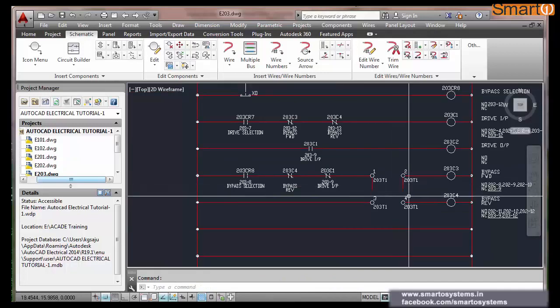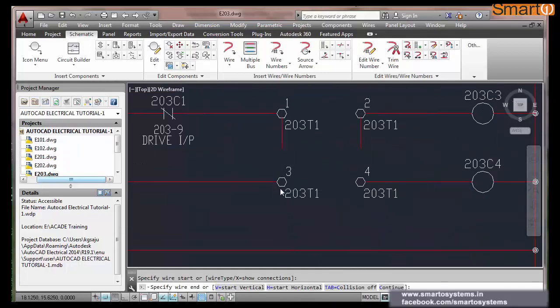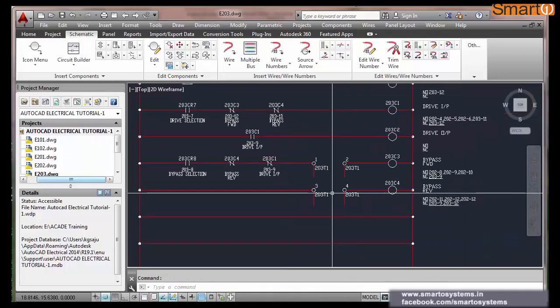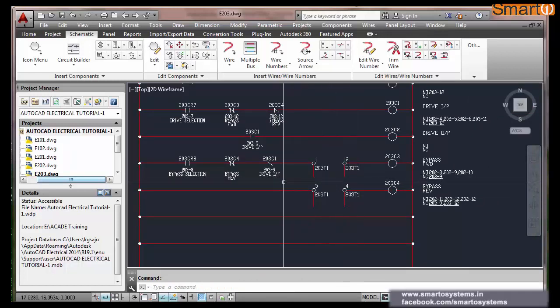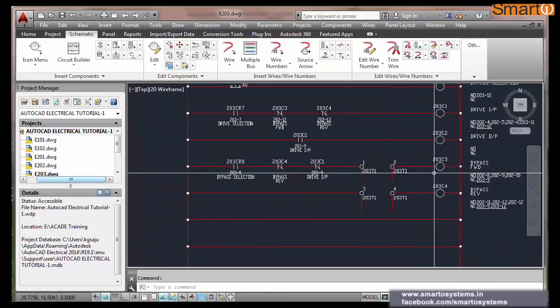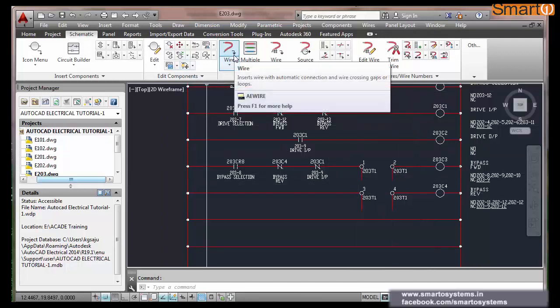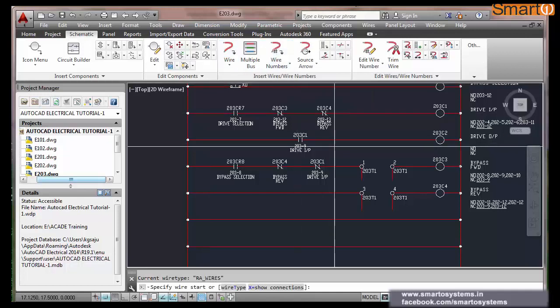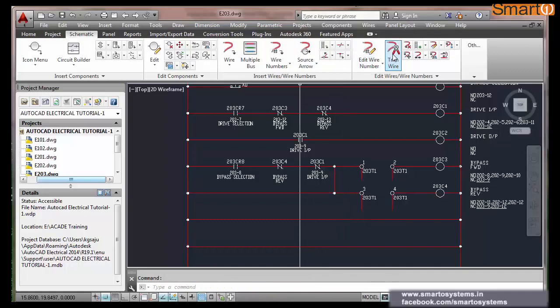I mean, this contactor will get an on command from PLC, and only then will it turn on. There is no on-off button in the panel. If you have an on-off button, then you should put that on and off in series here. And this is now the forward through. Now we have to go to the reverse. So for reverse, I will connect a wire here and trim the rest.